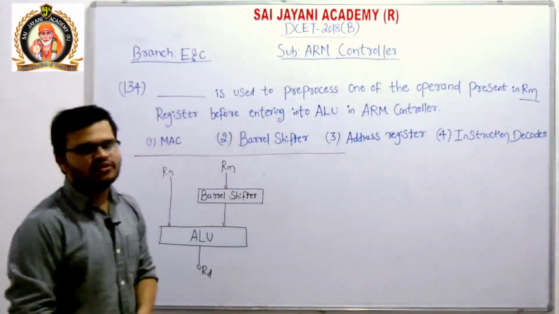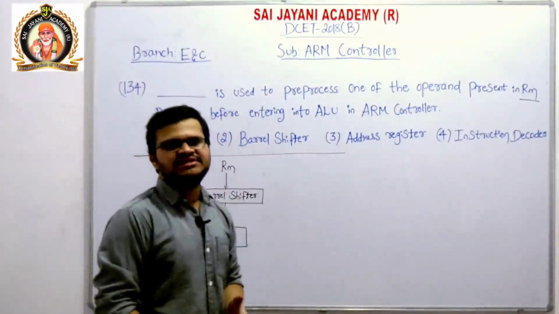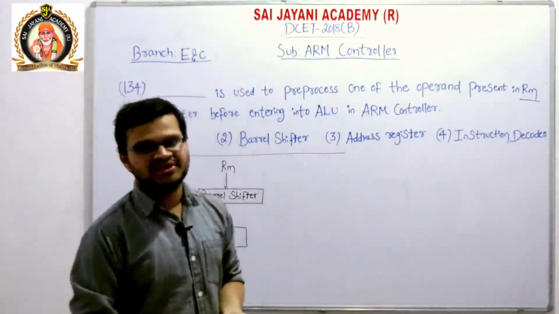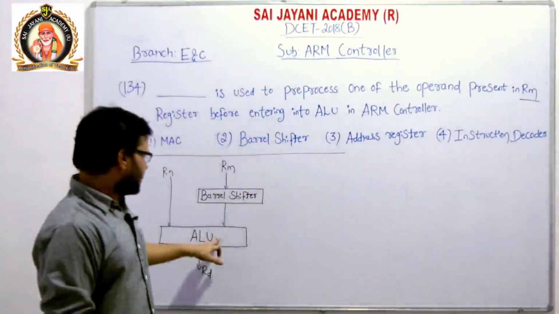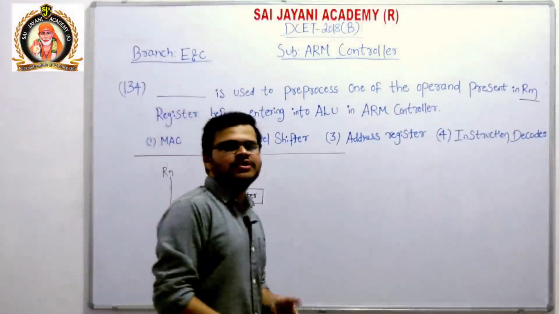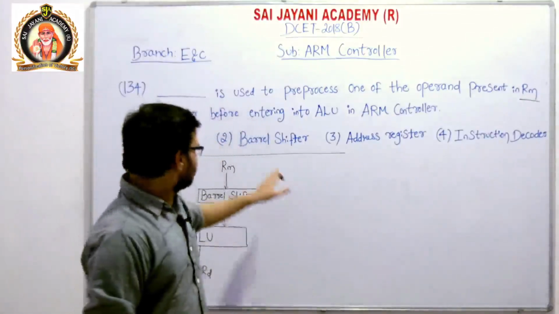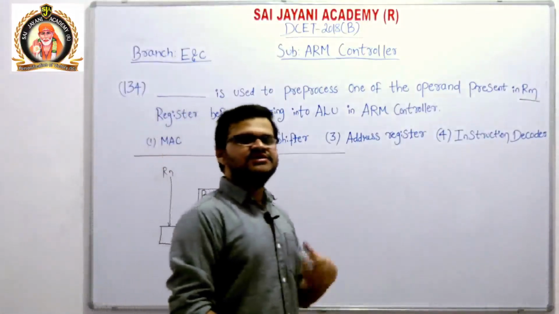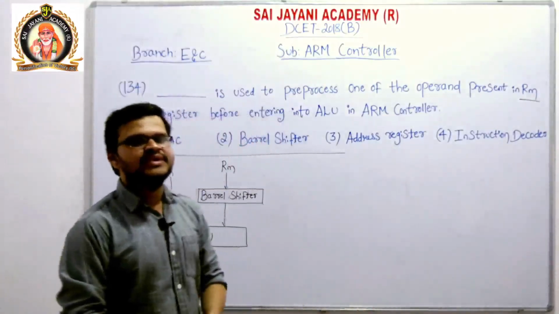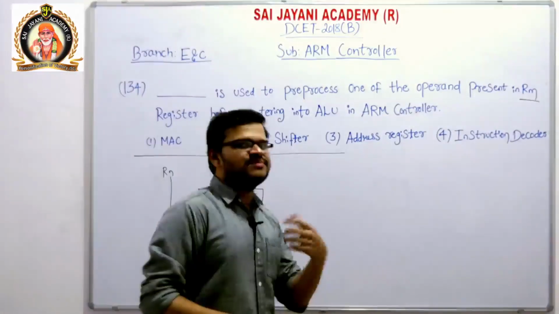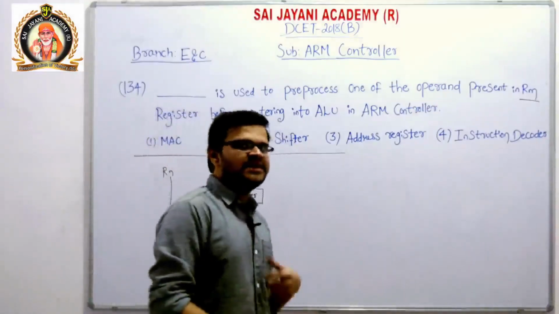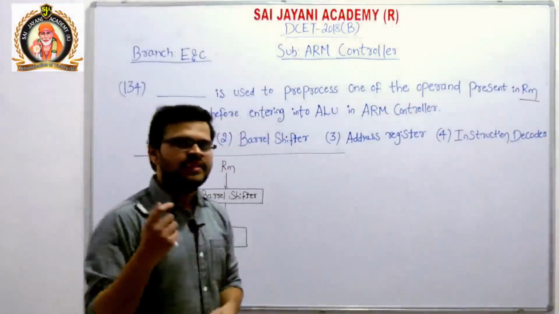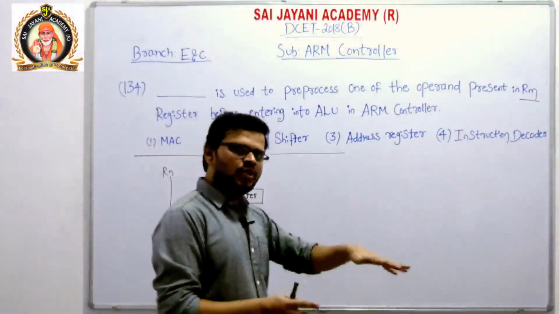Many data processing operations, like arithmetic operations and logical operations, all take place in the arithmetic logic unit, that is, the ALU. But ARM has a unique and powerful feature called the barrel shifter. The barrel shifter shifts one of the source registers to the left or to the right by a specific number of positions. This increases the flexibility and power of many data processing operations.